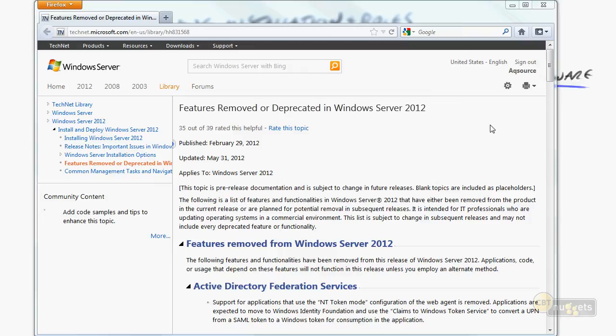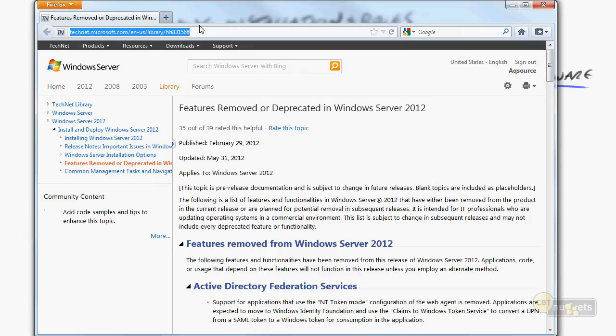For example, here's a web page on TechNet, and you can see the URL up here, but if you want the bit.ly item, we actually have a CBT kind of shortcut for that. This is case sensitive, by the way. I don't know why they had to make it that way, but that's what it is. Anyway, so you can see here that you can just go to cbt.gg and then the rest of that at the end. That would take you to the same place here.